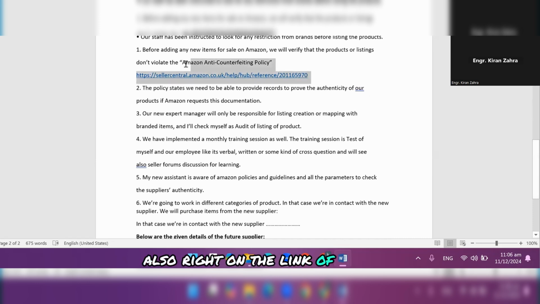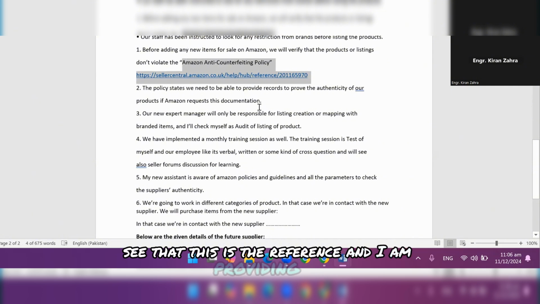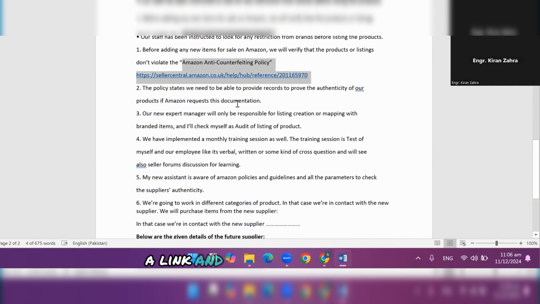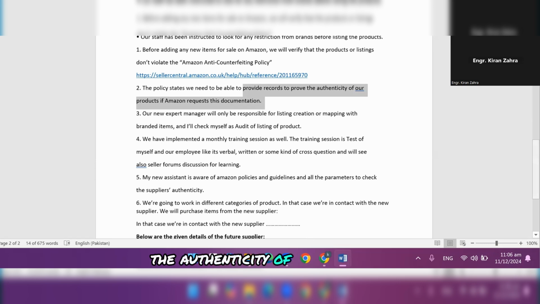Write down the link of the Amazon anti-counterfeiting policy, and say that this is the reference, and that I am providing a link because I have already read all the policies related to Amazon, and I have provided all the records, and I will also maintain the records to prove the authenticity of the products.